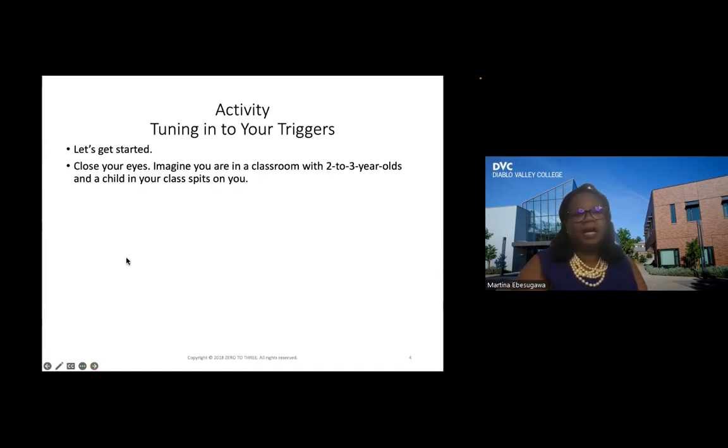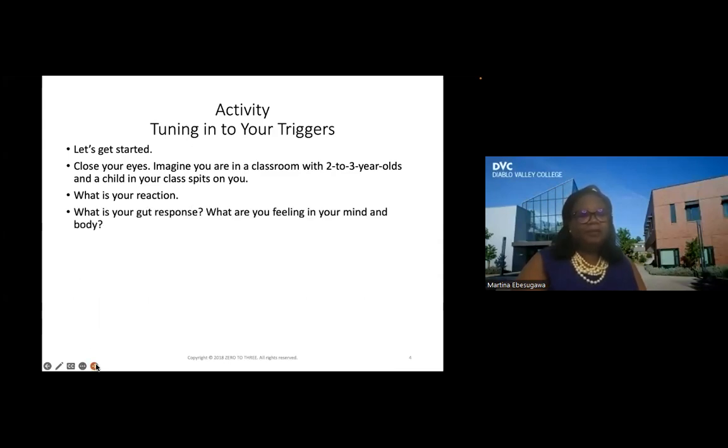You can chat right in the chat. So I see something in the chat. Shocked. Okay, if you're angry, yes, these are all different ways that we can feel. Disconnect. Grossed out, upset, curious, confused, surprised. Okay, let's go a little bit further and think about how we are feeling in our mind and body. Think about that whole interaction. How are you feeling in your mind and in your body?